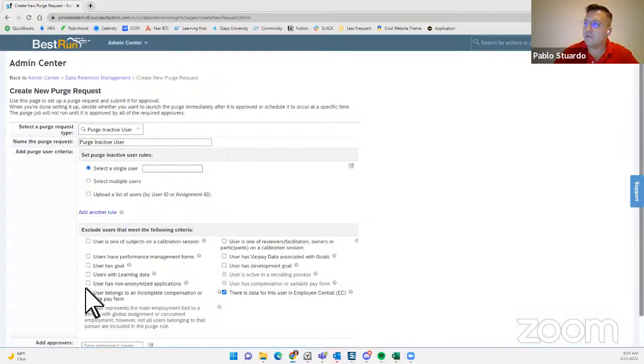Inactive user, enter the name of the user. Here's some exclusion if you want it. Again, not getting into too many details. You get it approved, it removes everything. Here's the trick, okay? Once you're purging here,